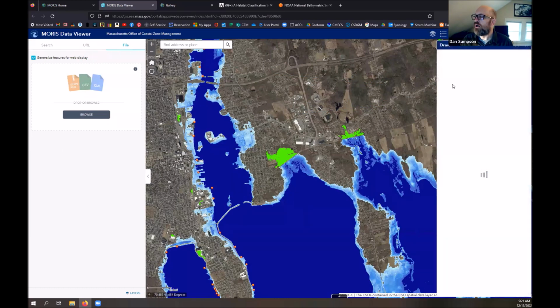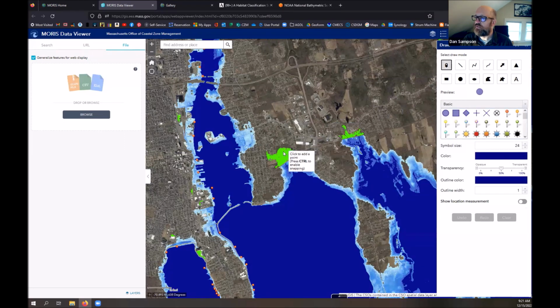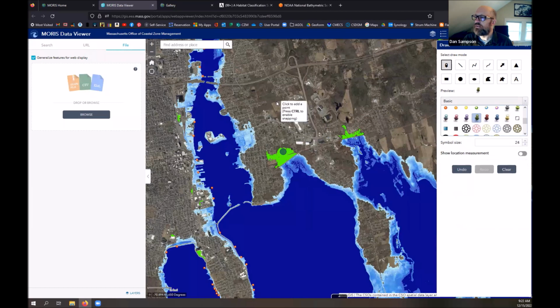If you want to mark up something, you want to make a map for someone, you want to put a pinpoint on the area right here that's in question, we can do that. You can choose all these wonderful cartographic things, so you can make a push pin and tag that up there, etc. You can draw straight lines, polylines, you can put arrows on as a